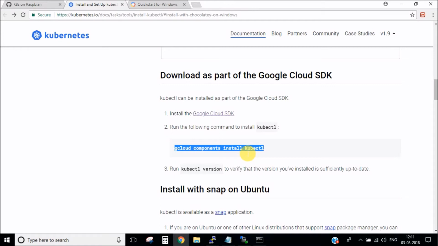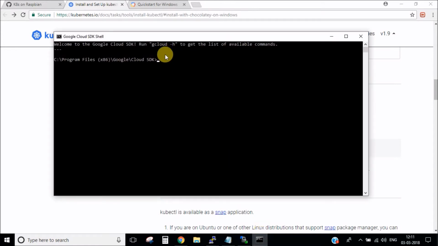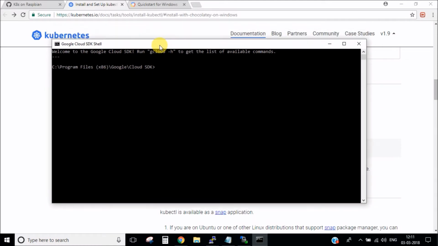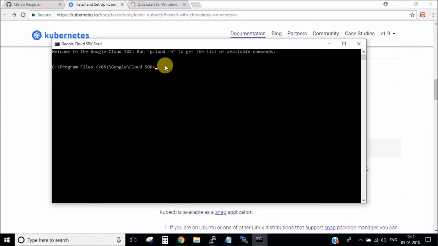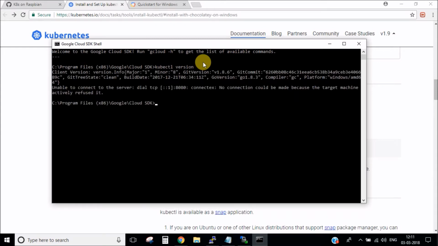This will install kubectl in the Google Cloud shell. To confirm if everything is working fine, you can run the command kubectl version, and if this command successfully runs,